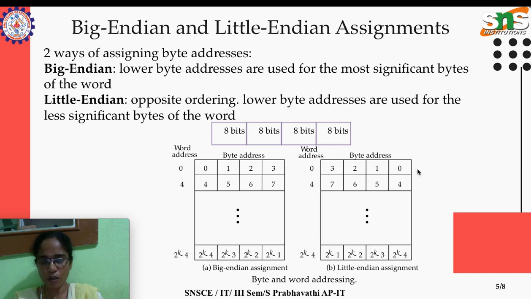This is the first word, and this is the second. The second word will start the byte address from 4 onwards, and the third word will have byte address 8, then 12, 16, likewise, if the word is of 32 bit. Only then will this configuration apply. Pay more attention to these concepts, otherwise it will be a little confusing since you are new to them. So I am again requesting you to pay more attention to this concept.